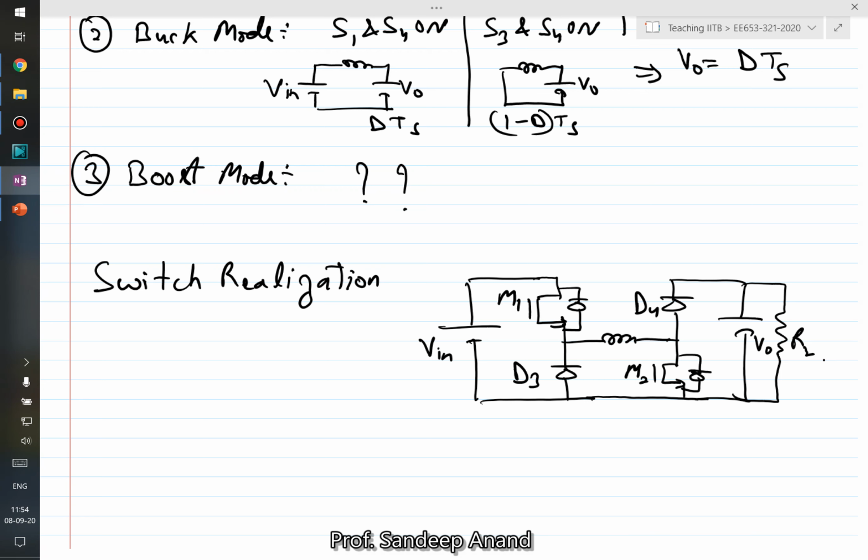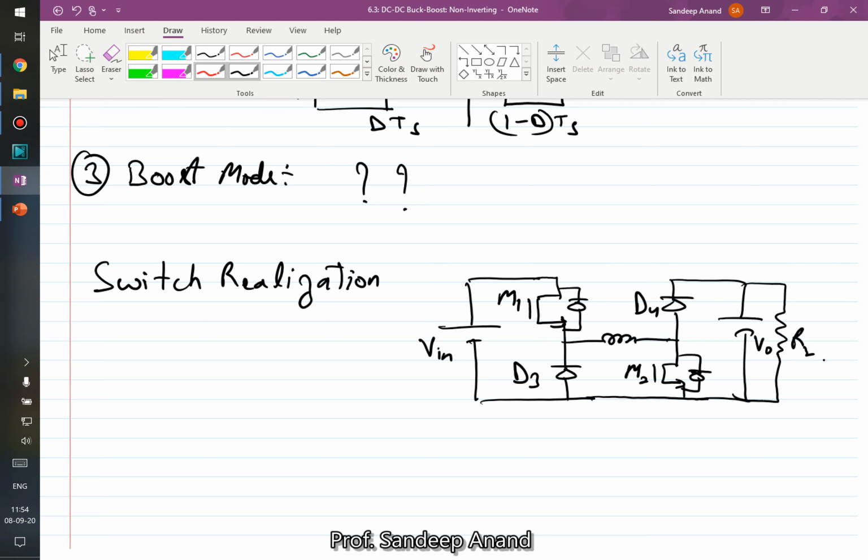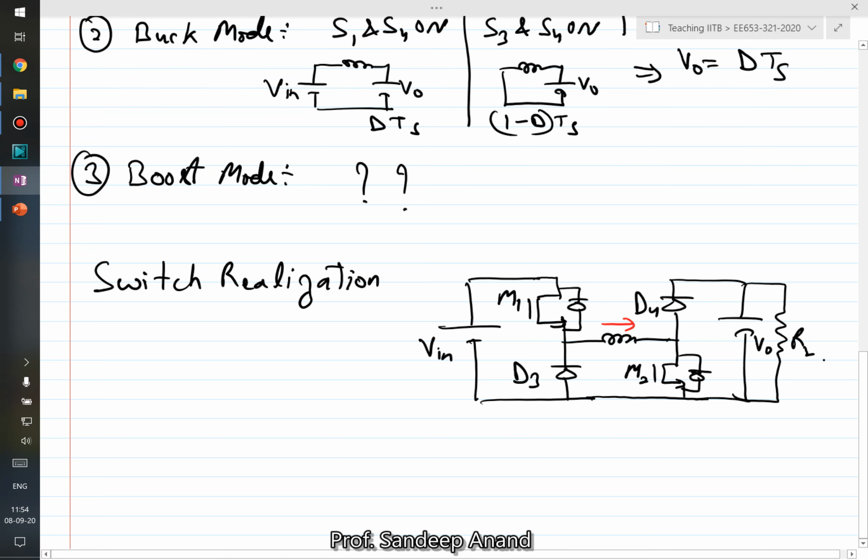Okay, now next thing is, as of now, when this circuit is operating, how is the power flowing? So obviously your inductor current is flowing in this direction, right? Sometimes your current flows in this direction. So therefore, if you see, the direction of power flow is from left to right, because you have a source here. This is your source and this is your load.